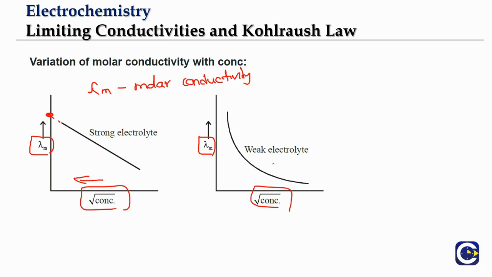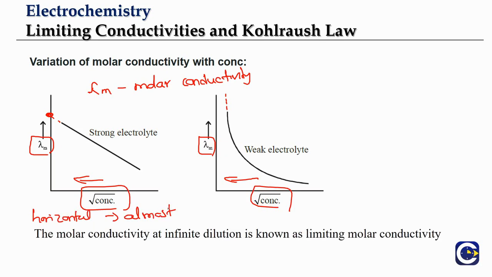Whereas in case of weak electrolyte, you see as the concentration is decreasing further, this is going to go on increasing. So the effect of dilution is more prominent in the case of the weak electrolyte than in the case of the strong electrolyte. Even for some electrolytes, it's a straight line, but it will be almost like a horizontal straight line. It will not be exactly horizontal, but it is going to be almost a horizontal straight line kind of a thing. Okay, so this is what we will be observing.